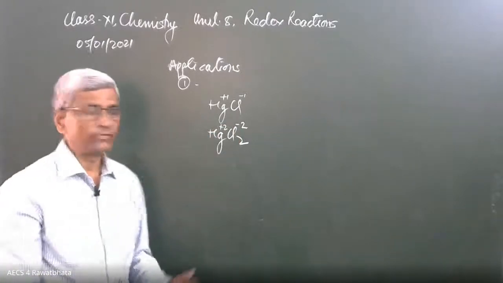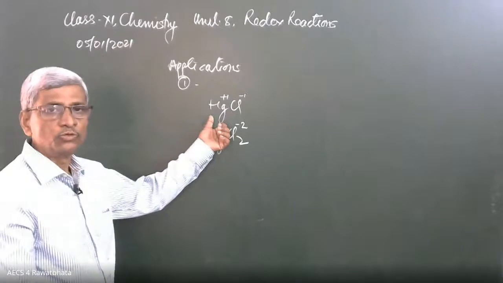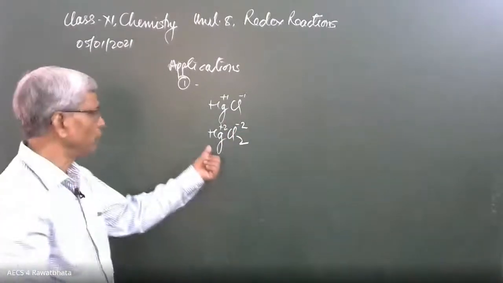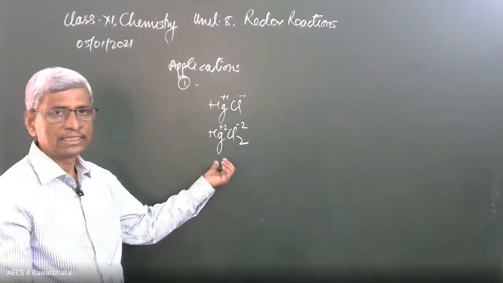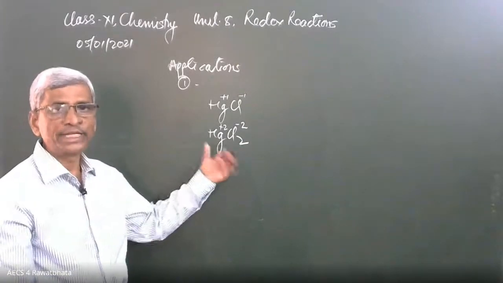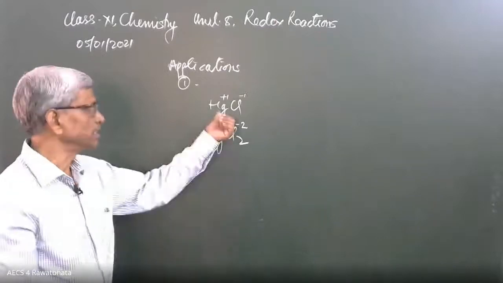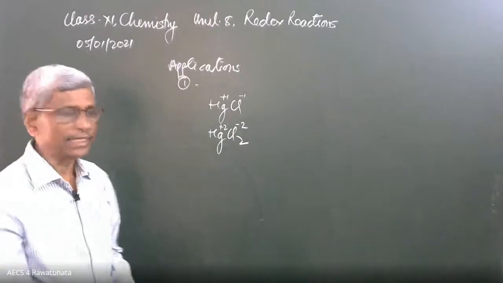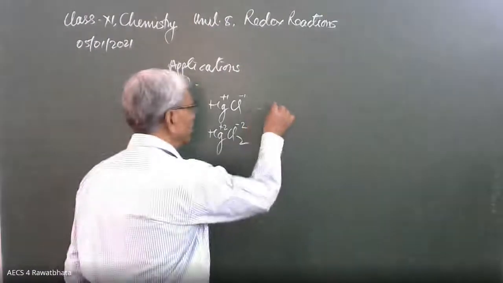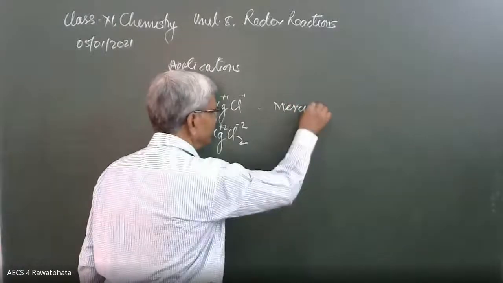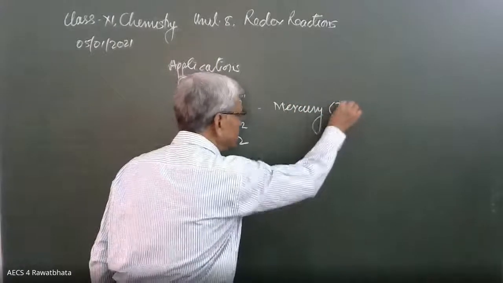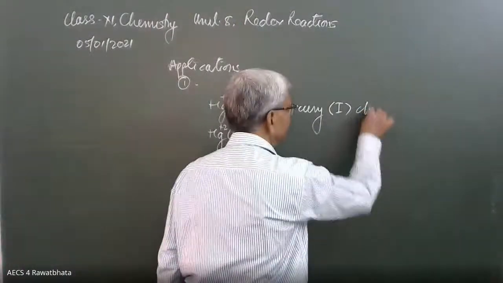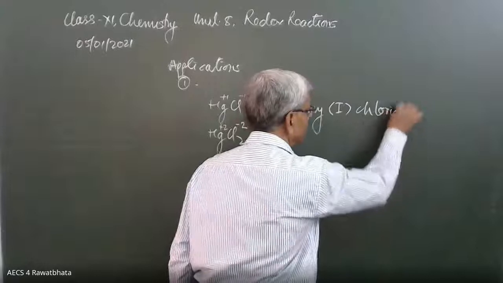In the general system, we call the lower oxidation state mercurous chloride, with 'ous' for the lower oxidation state, and the higher oxidation state, if only two are possible, is 'ic': mercuric chloride. This is the common name. And another name is decided: mercury, first in Roman numerals in brackets, mercury(I) chloride. This is the actual name.